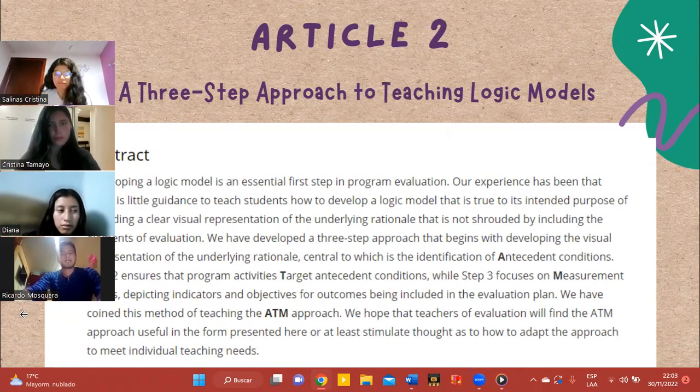For this, they have developed a three-step approach, beginning with developing the visual representation of the underlying relational, and the next step ensures program activities address antecedent conditions, while the step 3 focuses on measurement issues representing indicators and the objectives of the results that are included in the